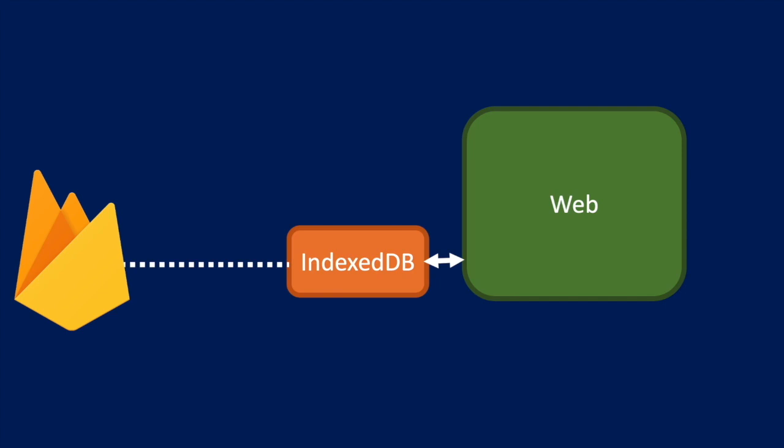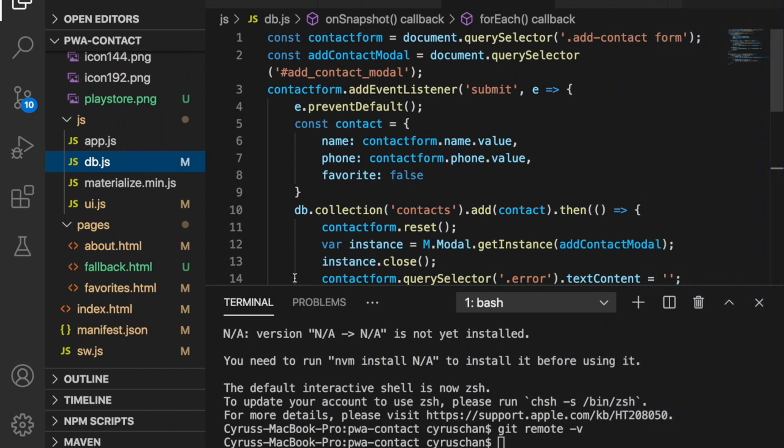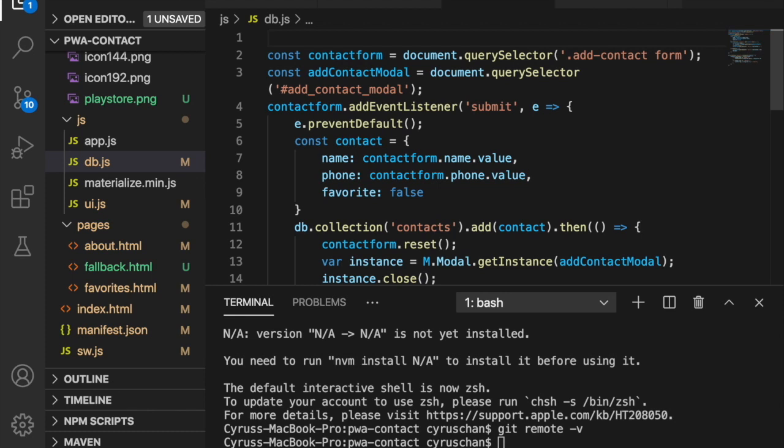And Firebase makes this process very easy, and it will automatically sync in background for us. So we just need to add a bit of code to enable these functions. So let's jump back to the code and let's implement this offline data behavior. So we go back to the db.js and go to the top and type db.enablePersistence